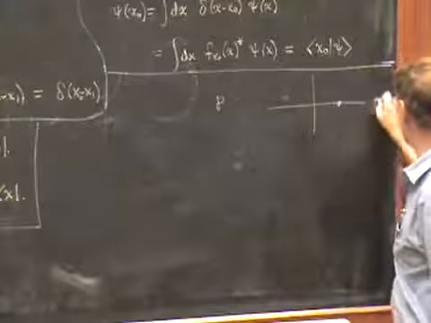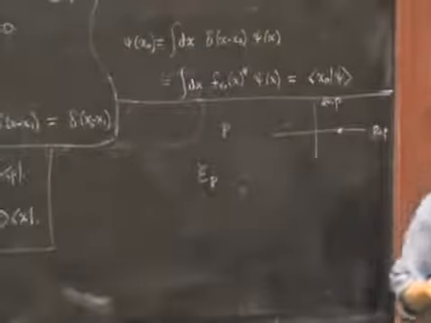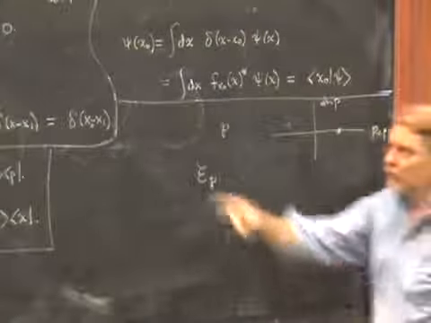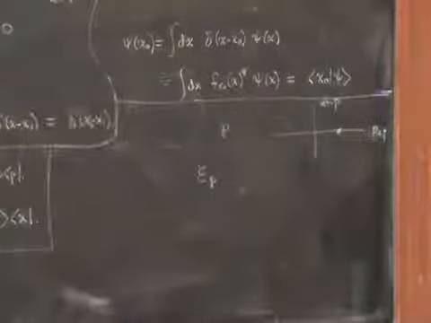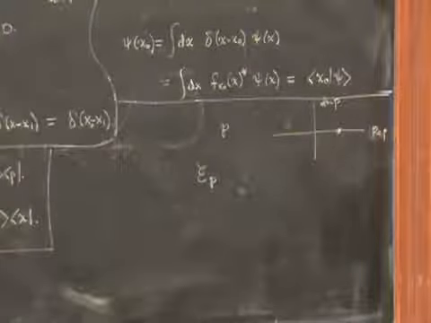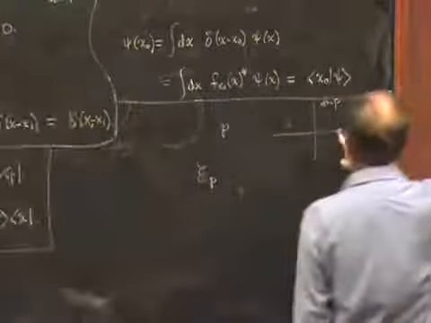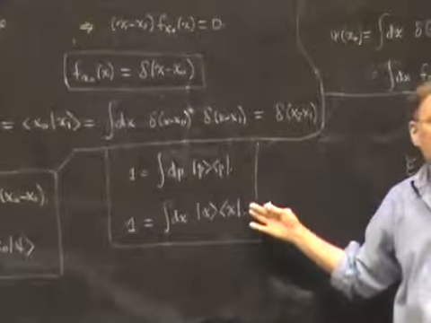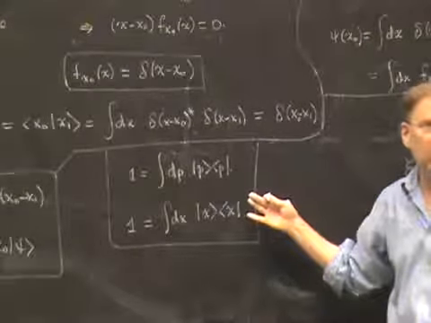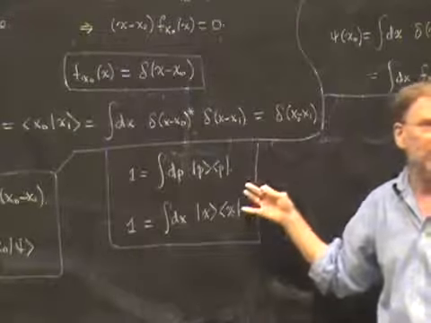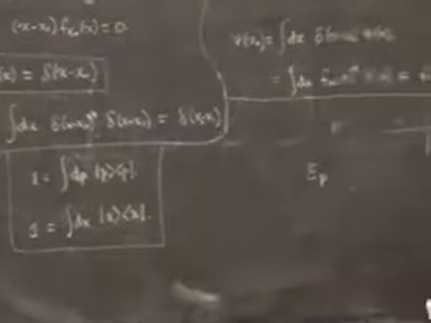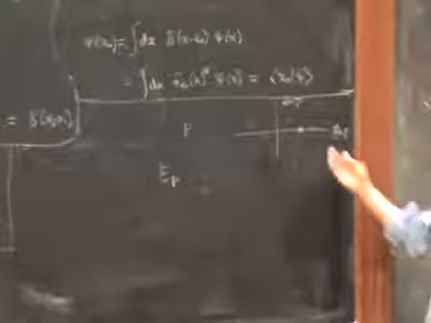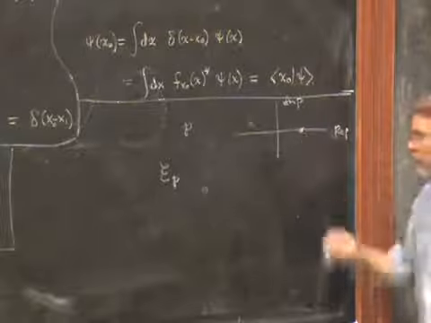Can we talk about the eigenspace corresponding to that momentum value? We could certainly do that in the case of the discrete spectrum. And the answer is no, because the eigenvector corresponding to this particular eigenvalue doesn't even belong to Hilbert space. These resolutions of the identity we have here work in the function sense, but the vectors in question don't lie in Hilbert space. This is the difference between the continuous spectrum and the discrete spectrum. And there is no subspace of the Hilbert space corresponding to a single value of momentum.